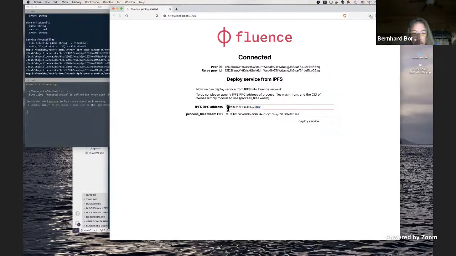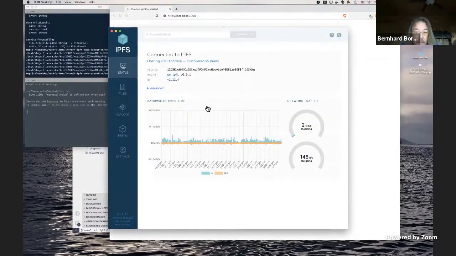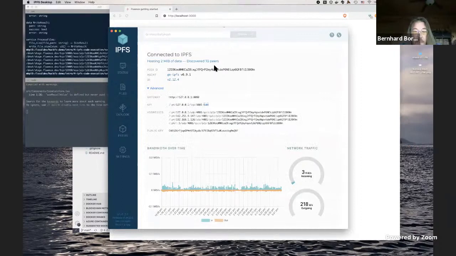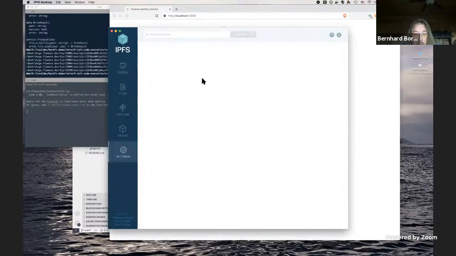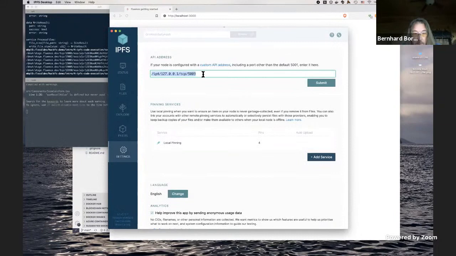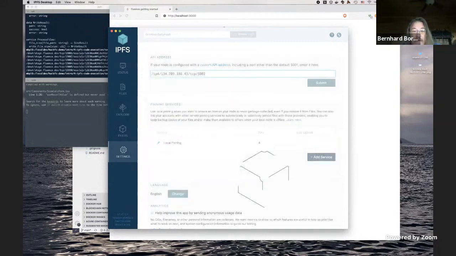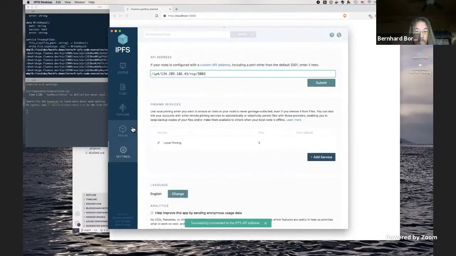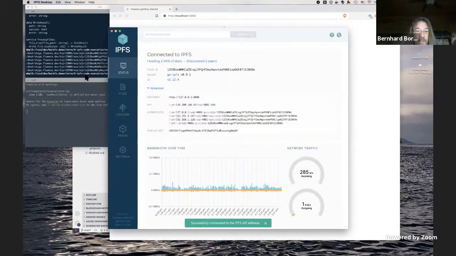the RPC address of the IPFS sidecar. And what we can do now is go and hook up our desktop to that sidecar IPFS node, okay? And we discovered 5 peers, which makes sense, right? We're on the relay. It's associated with that node, and we had a network of 6, and our peers